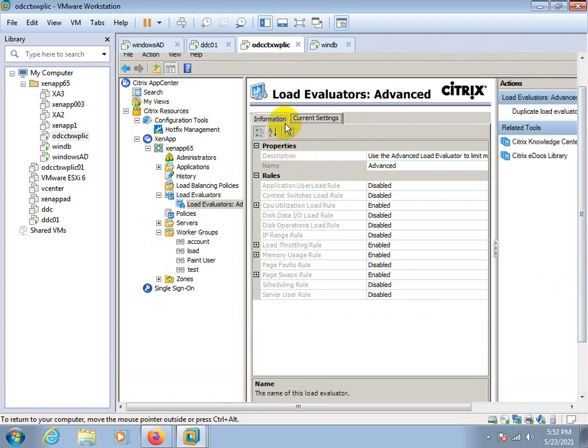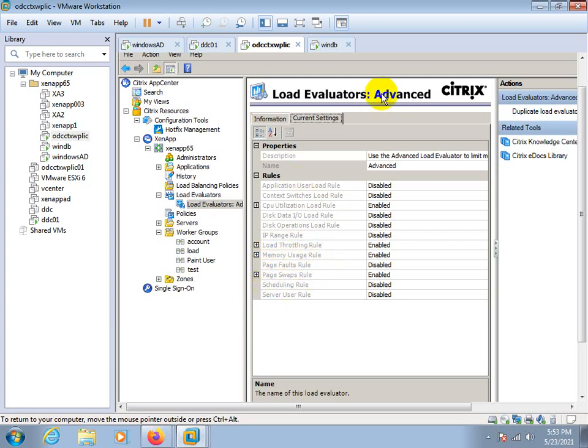So first, I have opened the advanced load evaluator. In advanced, you can see the plus sign over here. These 4 settings are enabled in advanced, and by default you cannot make any changes on that. That is CPU utilization rule, load throttling, memory usage, and page swap rule.